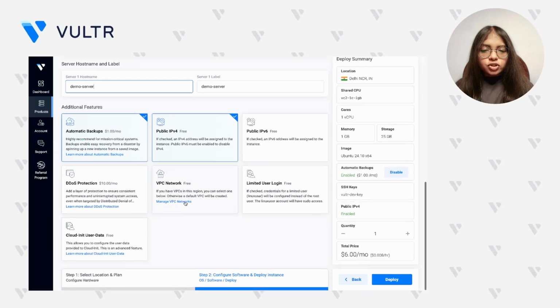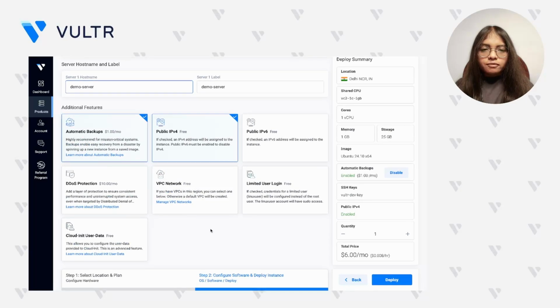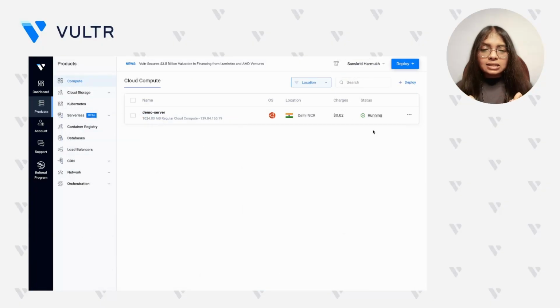From the additional features, pick the one that is relevant to you. We will be going with a non-root user with limited access for security purposes. That's pretty much it. Click on deploy to launch a fresh Vultr Cloud Compute instance. Now that our instance is up and running, we can switch to the SSH environment to interact with our Vultr